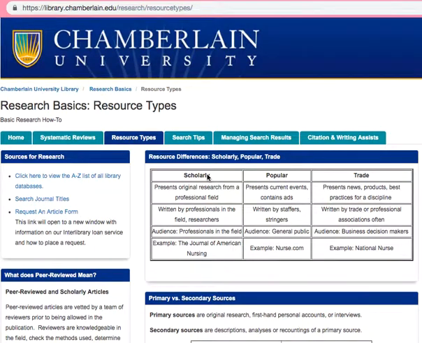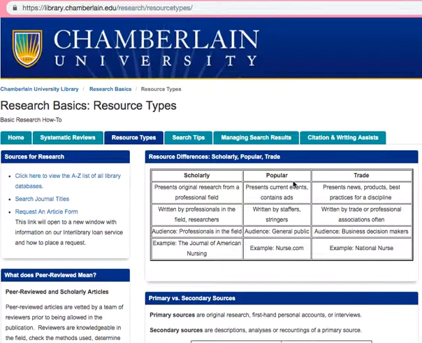I wanted to answer a few questions concerning resource types. Often, folks think that they are using what we would call a scholarly source, only to find out that they are not. This is a very particular kind of resource. So, sometimes instructors, meaning well, will refer to certain kinds of sources as scholarly, but by definition, it is not.